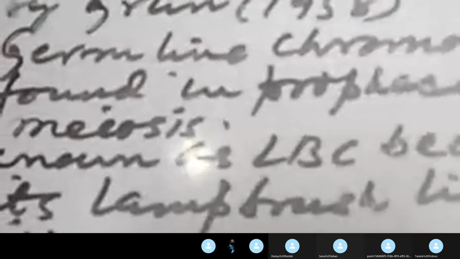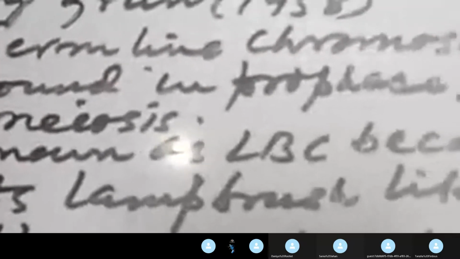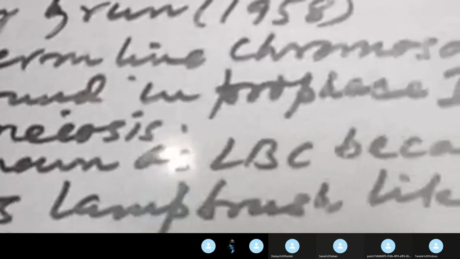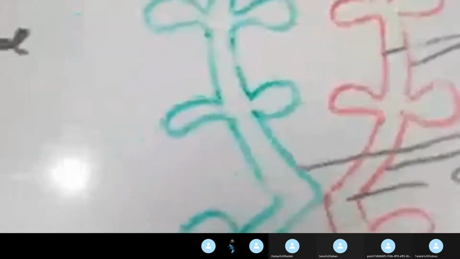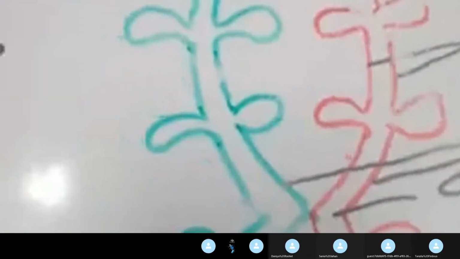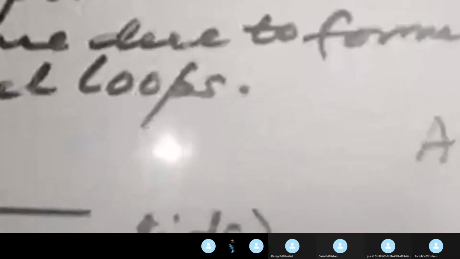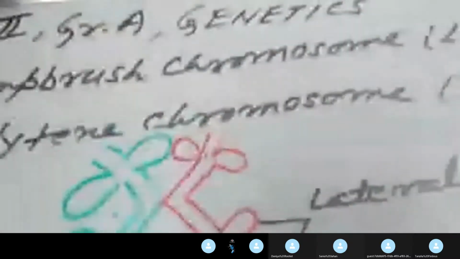As far as the structure of this chromosome is concerned, it consists of axis and loops. The axis is made up of chromatids, and two sister chromatids are present in each homologous chromosome. In this way, there are 4 axial filaments and chromatids. Loops are formed in pairs due to the extension of chromomeres. Each loop consists of an axial fiber with matrix. So this is the structure of the lampbrush chromosome.